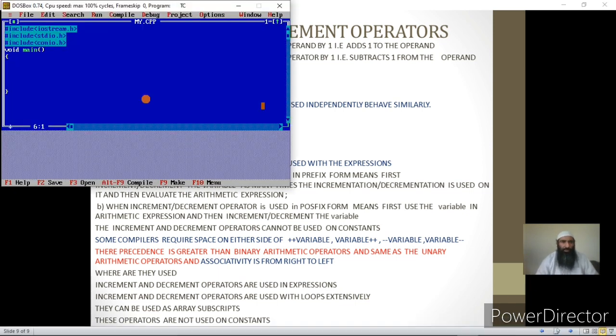Now suppose I have the integer variable a. I can increment its value. I can use the increment operator in postfix form or in prefix form. Let me first use it in postfix form. Here I am placing the operator after the variable. Let me initialize the variable with the value 2.